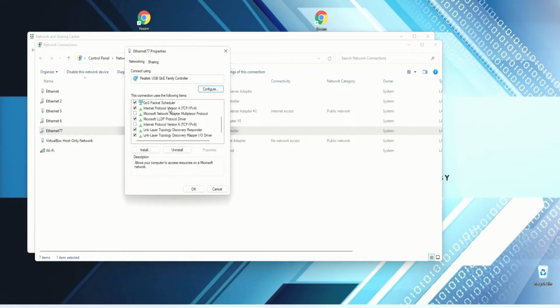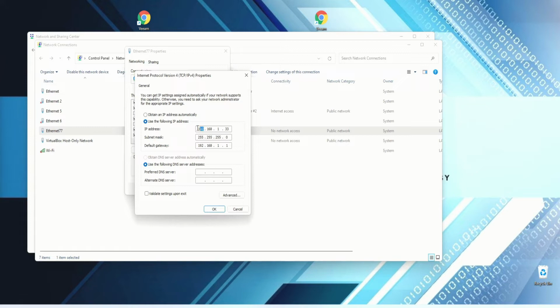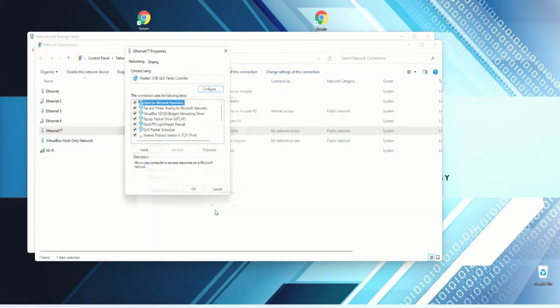We go back over here, we pull up the Internet Protocol version 4, and instead of the IP address on the 192.168.1 scheme, we want to change it to the 10.2.0 scheme. So we could keep it still at 33, that's perfectly fine. Subnet mask could be default, and then we just change the default gateway to 10.2.0.1, and we could also add a DNS server. That would be Google. Click OK,